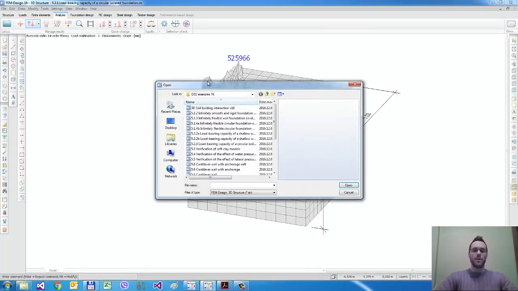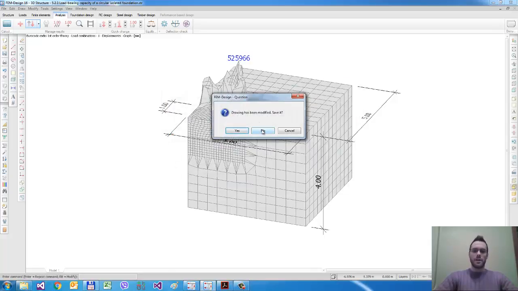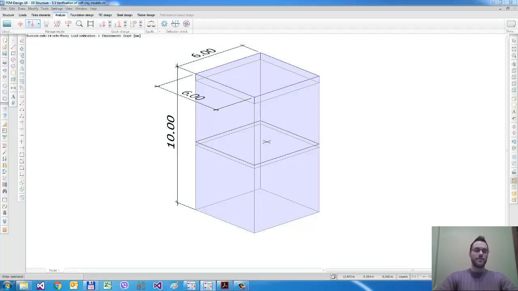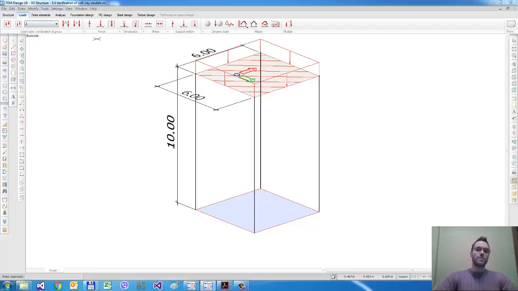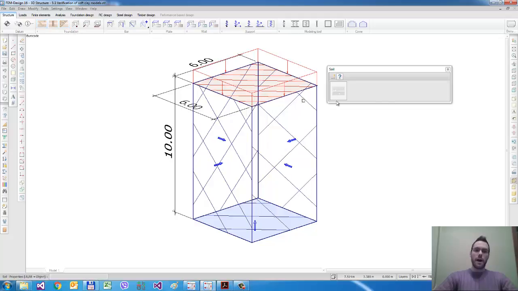So let's continue with another small example. So let's see what we have here. So here you can see the verification of the nonlinear and the stress dependent elastic behavior of the soil. So this model is for the over consolidated soil verification. So in this case we applied